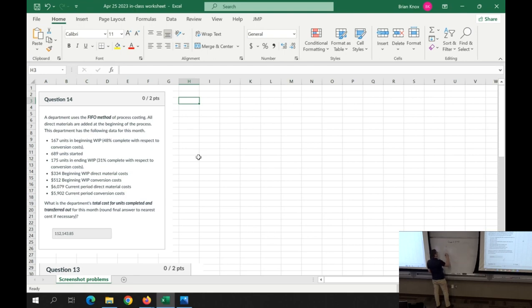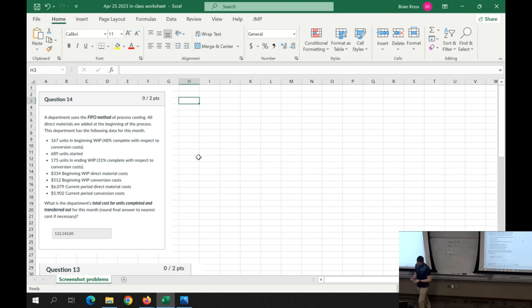And there are three different calculative steps we tend to do in process costing. One is calculate TEU, second is calculate the rates, and the third is to apply the rates, apply costs, and that's what it's asking for ultimately. What is the cost of units completed and transferred out? We have been given nothing, so we're going to have to calculate TEU, calculate rates off of that for both direct materials and conversion costs, and then correctly apply the costs, which has its own wrinkle in FIFO about the beginning WIP costs entering into orbit and eventually making its way back at this step here. Okay, so let's go ahead and do each of these in order